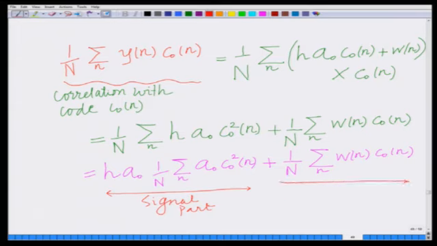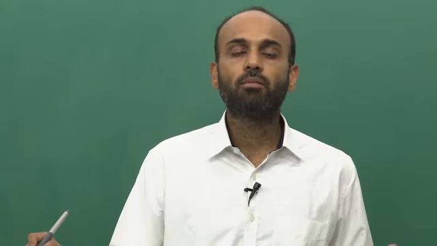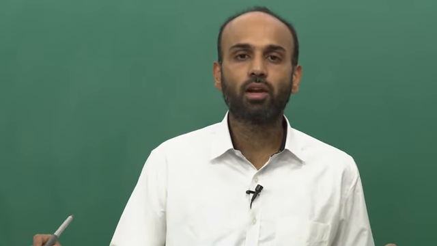and this is our noise part. So what we have done, basically we have substituted for y[n] equals h x[n] plus w[n], but x[n] is a0 times c0[n]. So, we have substituted y[n] equals h a0 c0[n] plus w[n] in this expression for the correlation, and we have simplified the resulting expression to derive the expressions for the signal part